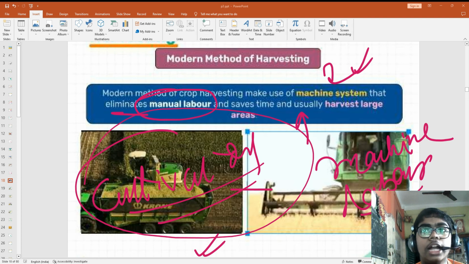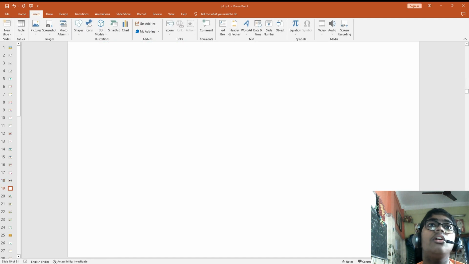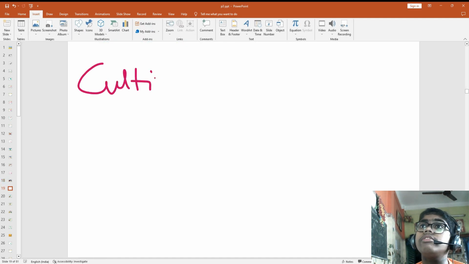Cultivators. Is it cultivators? Tell me guys, is it cultivator? Obviously not. Remember, most of the students make the mistake here. Cultivator is for